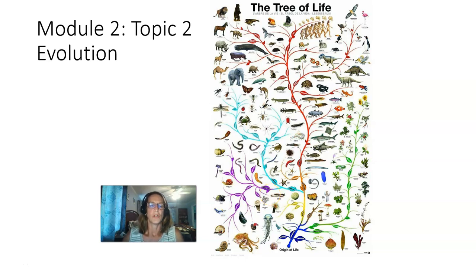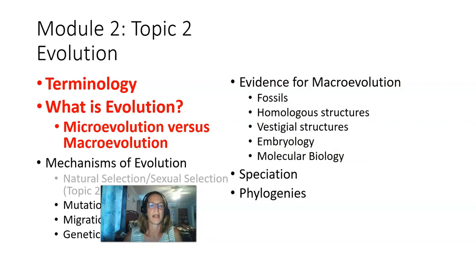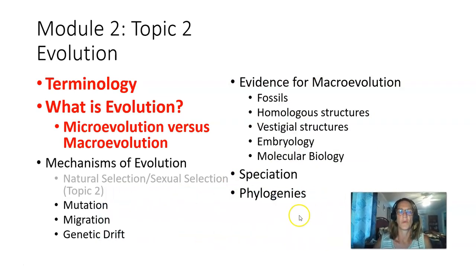So for topic 2 of module 2, we are going to be discussing evolution. And there's going to be a lot of terms that I need to introduce you to. So we're going to spend a little bit of time talking about terminology and then talking about what evolution actually is. After that, we will discuss the different ways that evolution can happen and the evidence for macroevolution, which is